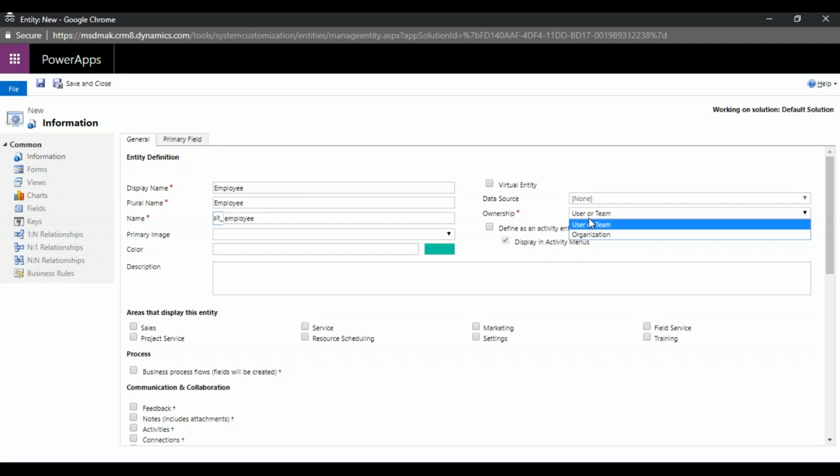We don't require any security to be implemented here. All the users should be able to see this data. So if you want such type of data in CRM, then we go with organization-based entities.